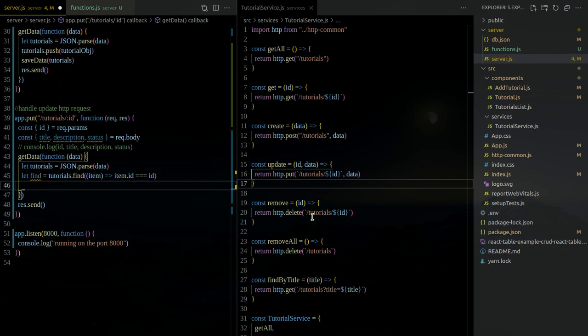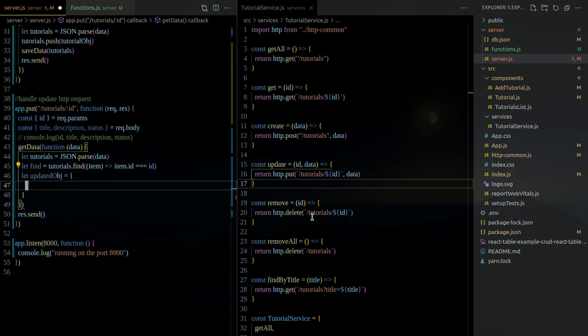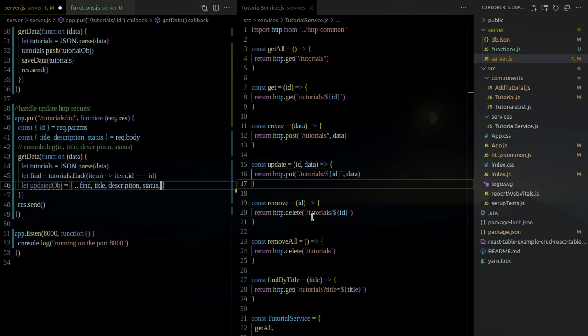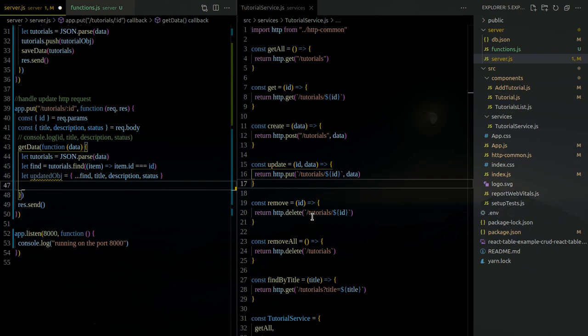We need to modify this object, right? So let update object found. Whatever you want to change: ID, title. Actually, you don't need to change ID, right? So just do title, description, or status. All right. Now we have this new object, and we need to save this to